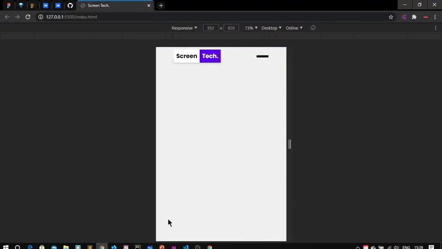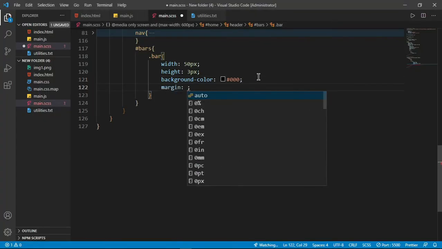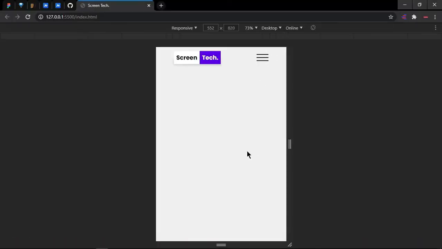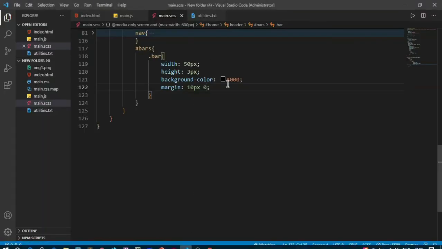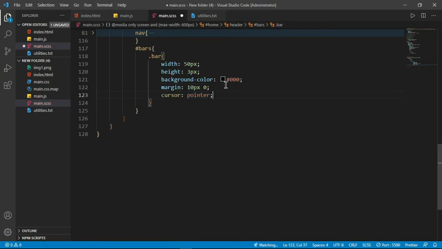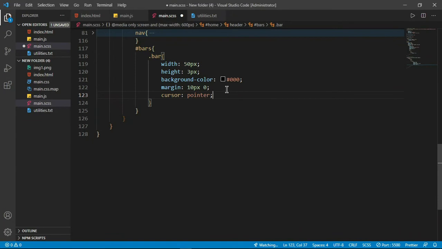So we need some margin between them, so I'll write here margin from top and bottom I need 10 pixels, and from right and left 0. Save this one. Now go to the browser and you'll find this. Awesome. Now we want the cursor to be pointer. Do we need any padding? Okay, now what we want is